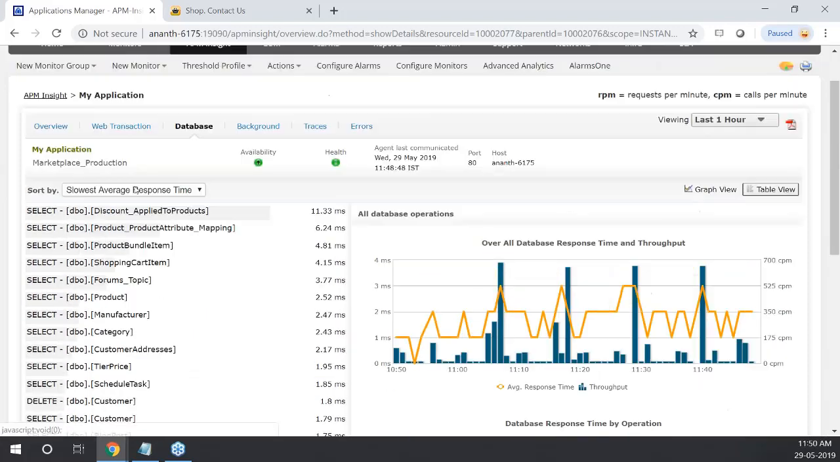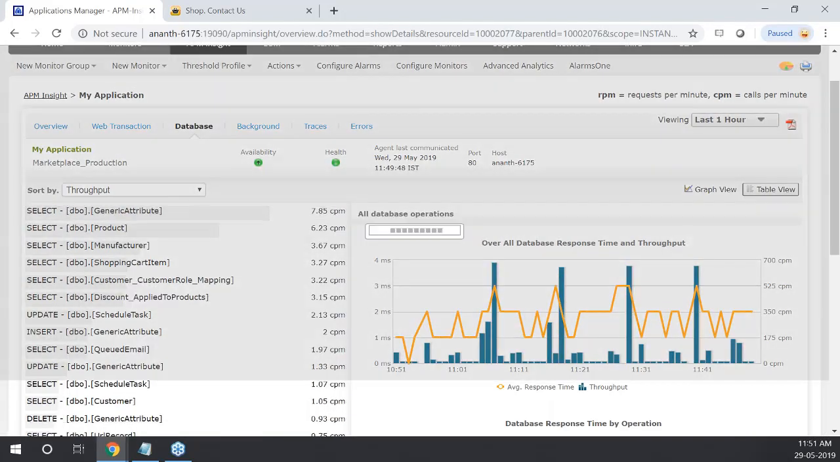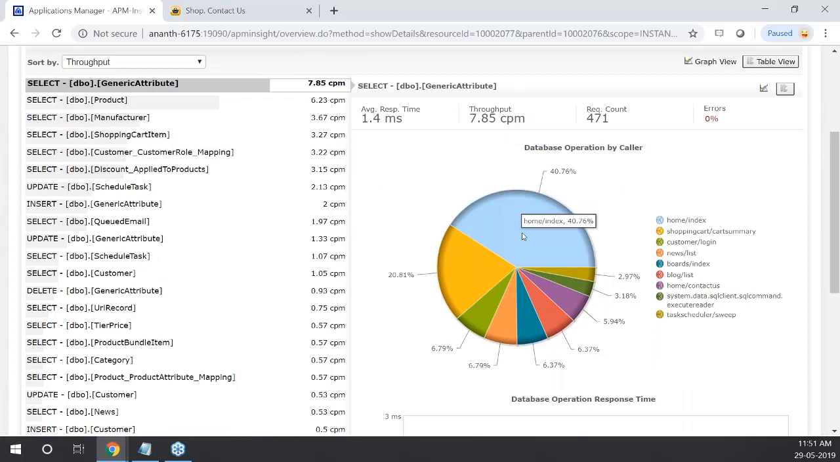So here you can again filter these database calls based upon the slowest average response time, throughput, most time consuming, errors. So let me choose sort by throughput, and you can see those queries in a detailed way. So if you could see in this image,